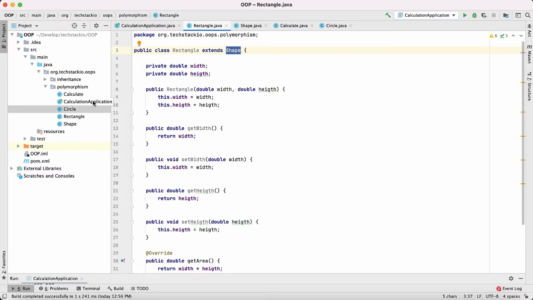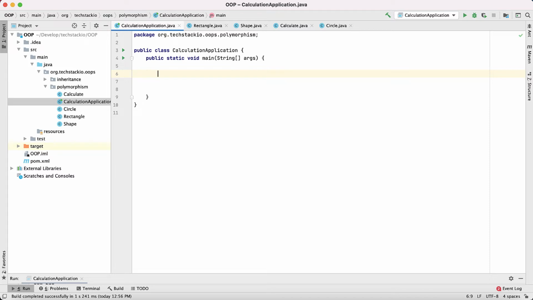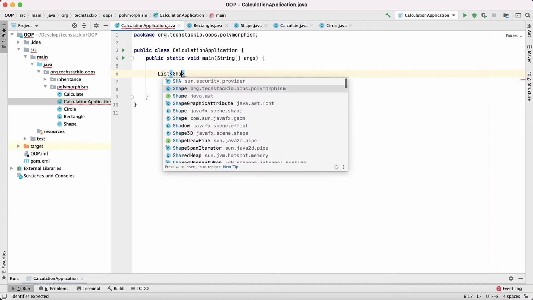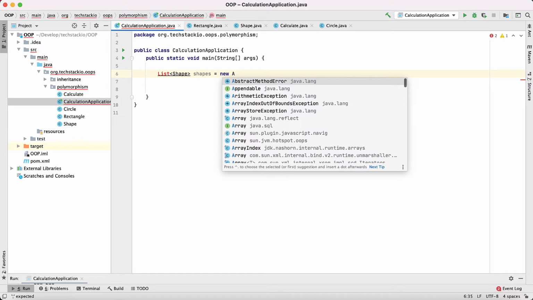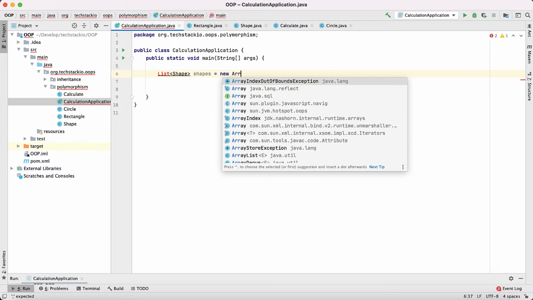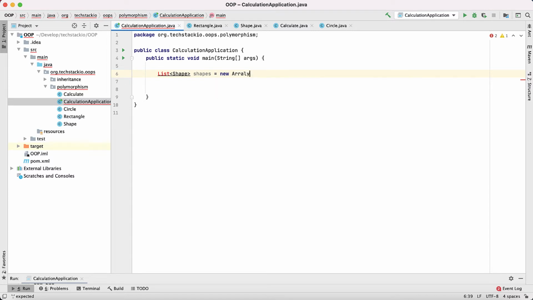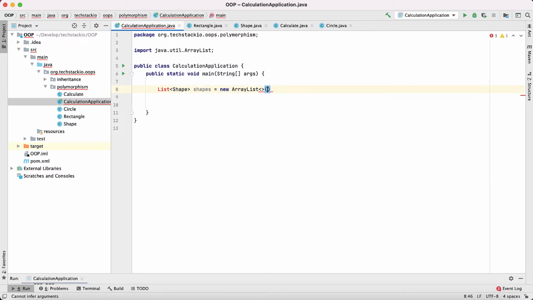So let us run this program. I'm going to create a list of shapes. So I'm creating an array list of shapes here.